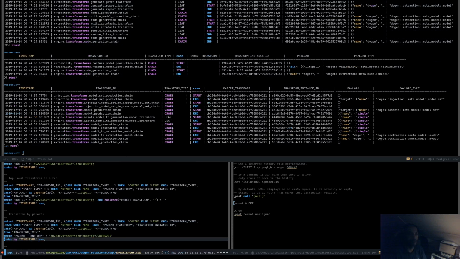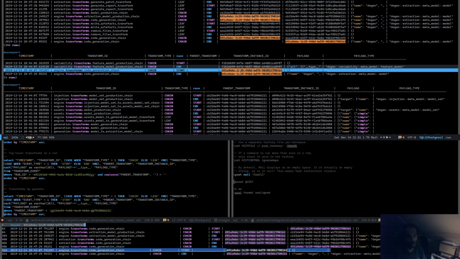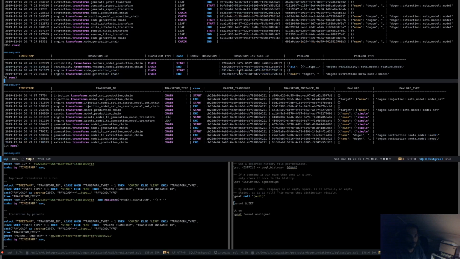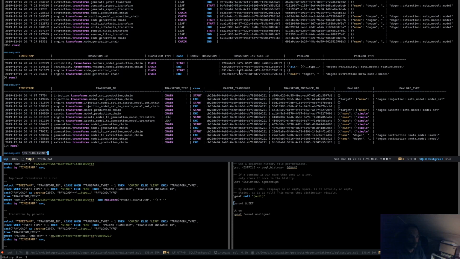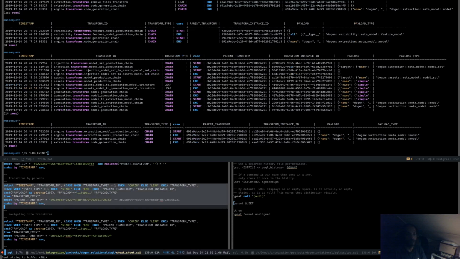So for example, in this particular case, I took this transform instance ID, oh, actually probably this one, to be honest, and for good measure, I'm just going to demonstrate by updating this to that. As you can see here, we take the parent transform ID, and it shows us all the children in it. In this case we have 2 children,